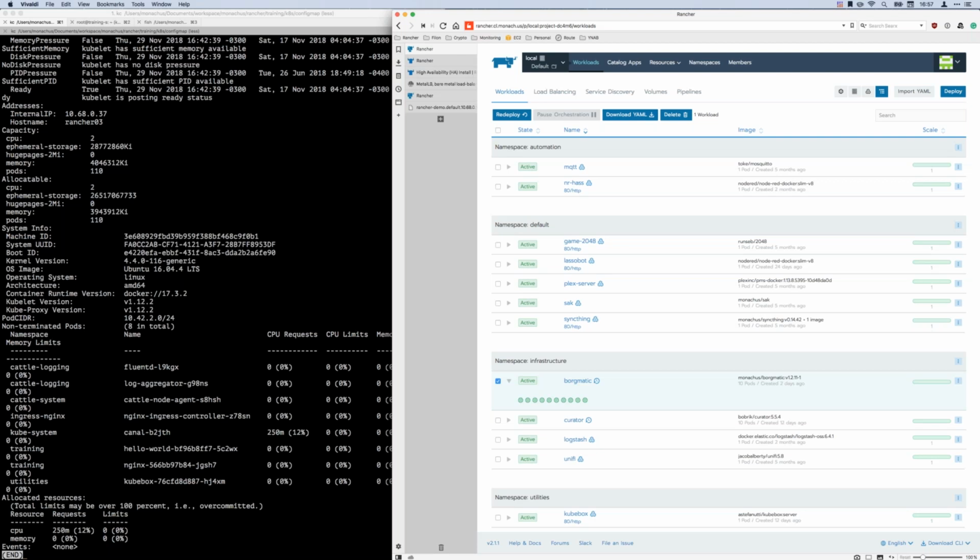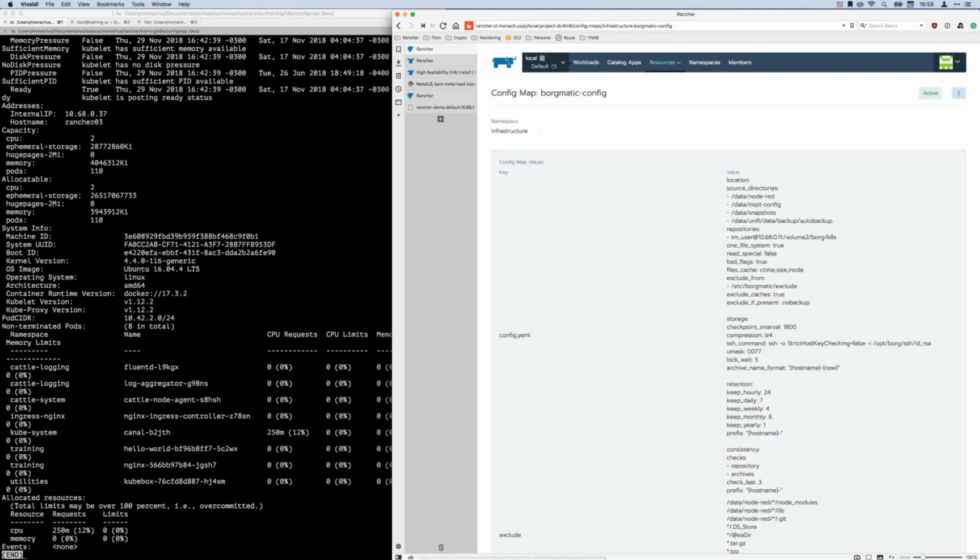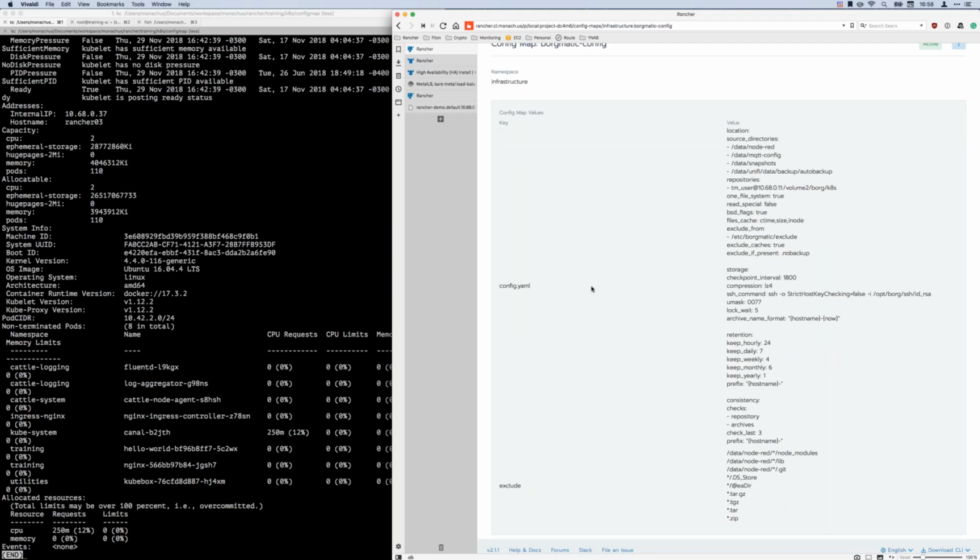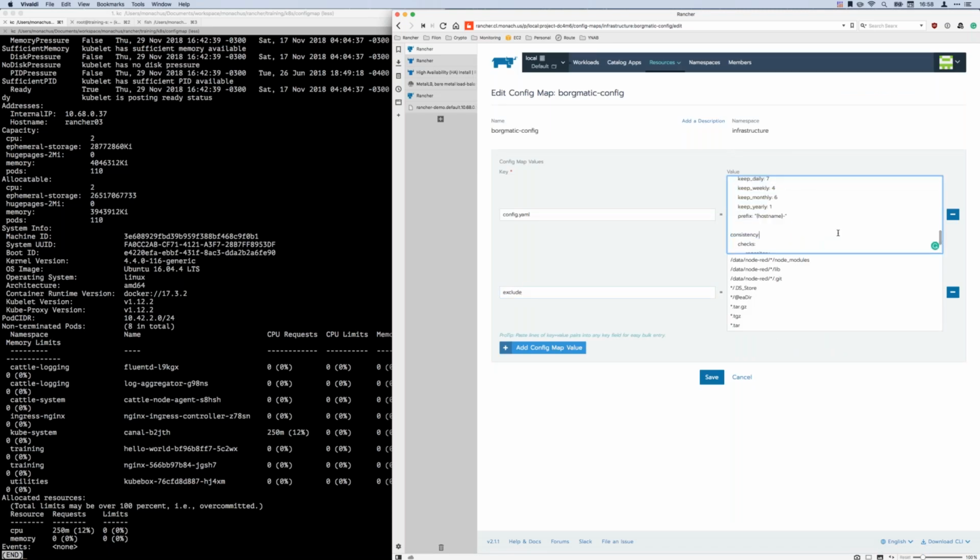So in the Borgmatic config, it's just ugly if we look at it. Now we're not talking about secrets here. These are just config. So I have two keys, config.yaml and exclude. And then this is literally the full Borgmatic config. And then this is mapped in as the exclude. And I want these to be generated as files inside of the container that launches. So the way that I do that